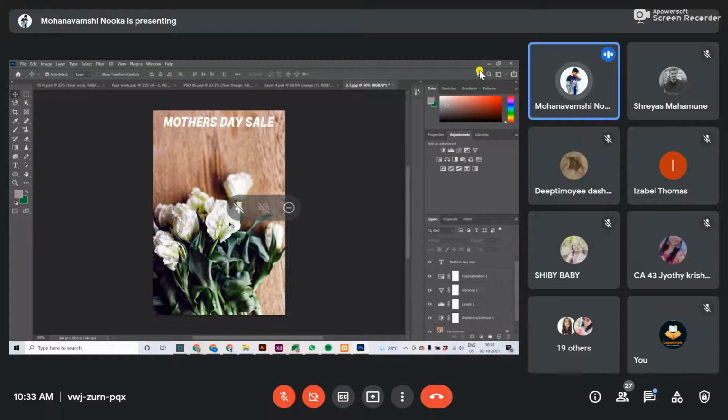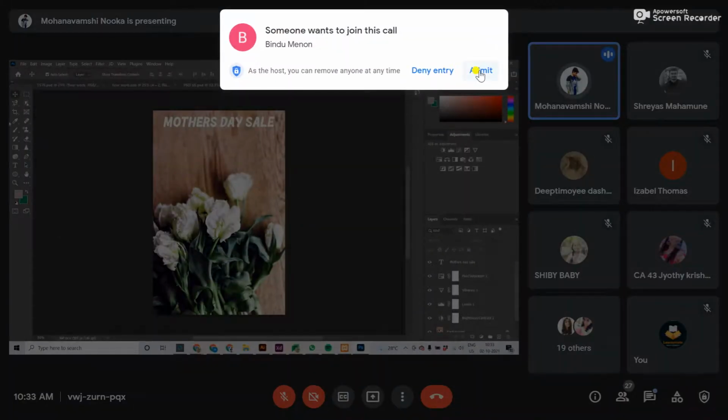For example, I want to add a stamp over here saying it is a 50% discount. Let me show how to add it. First take a shape, the ellipse.